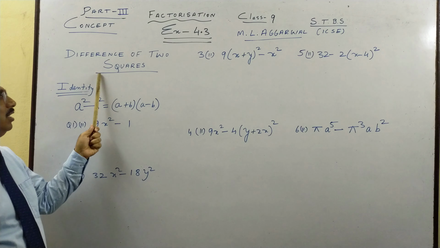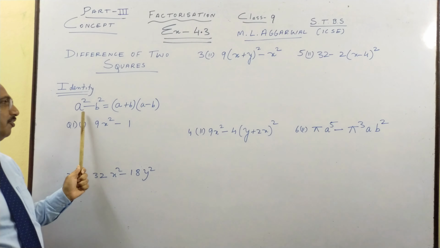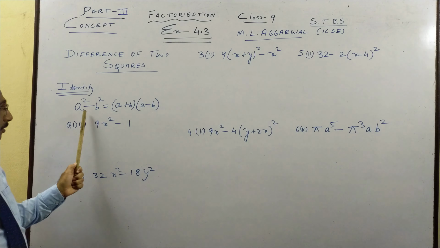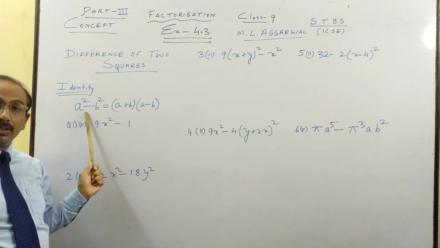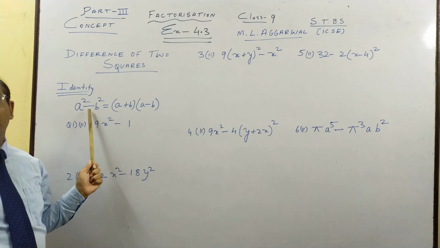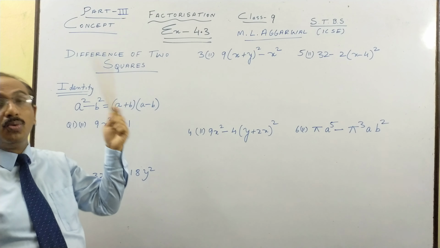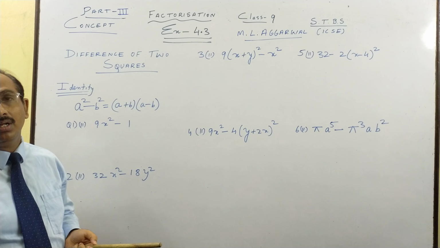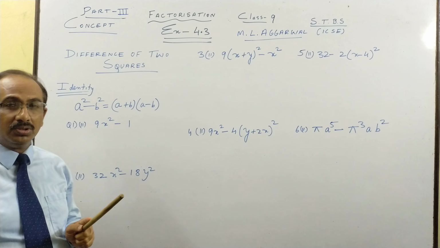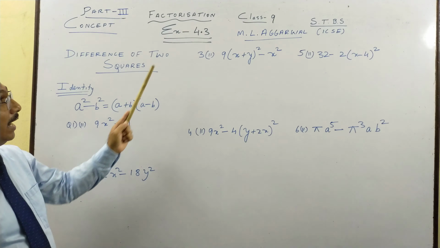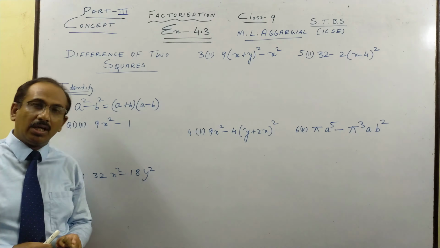So here we have only one formula, which is a square minus b square, difference of two things. It gives you, see this side is plus minus minus, this side as you know from expansion, where already I have 4 videos on that, so you can see expansion, and already I have got 2 more videos on rational and irrational number. So if you want to go back and see rational and irrational number, I have put 2 videos, expansion 4, and I think factorization, this is my 3rd video. So please see if you want to clear your concepts.